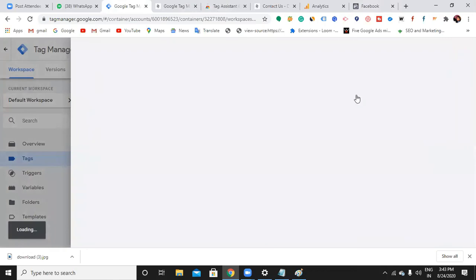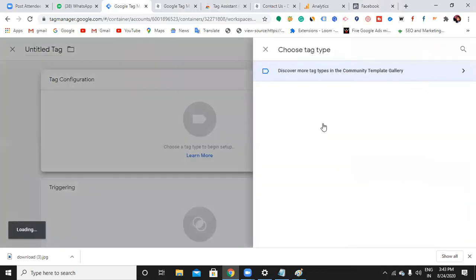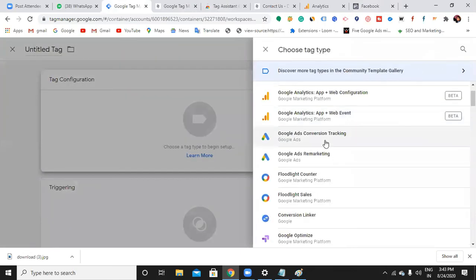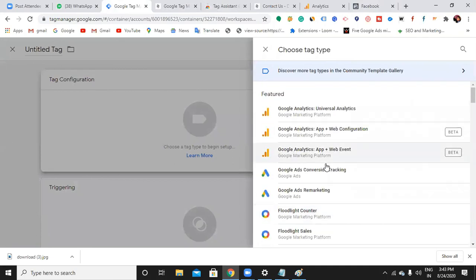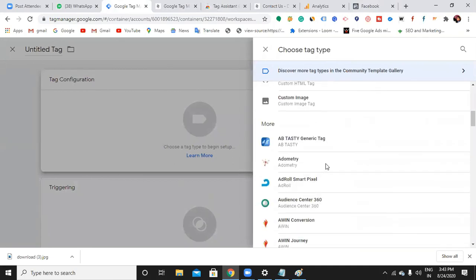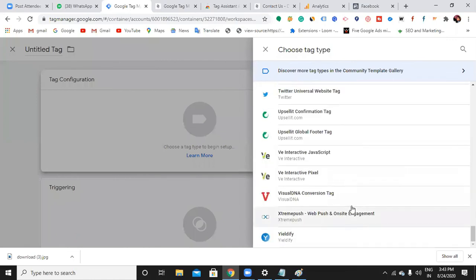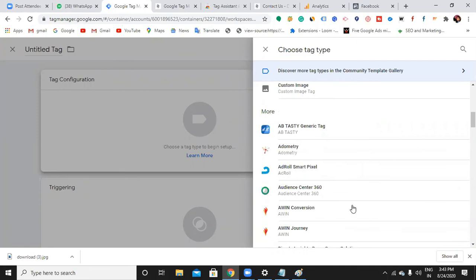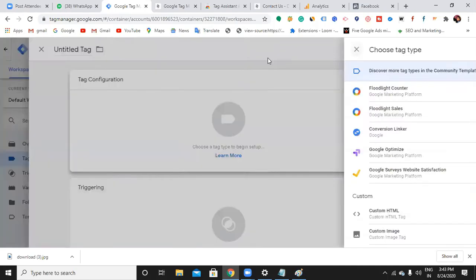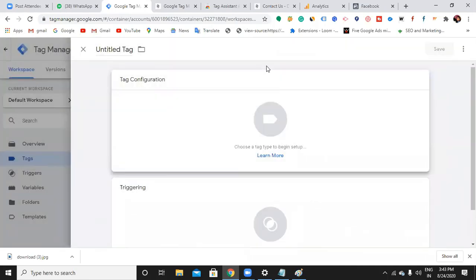So many things you can add. You can add Google Ads also, Google Ads conversion tracking. Many things. So now did you understand, guys? It is very, very simple. You just need to feel comfortable and it is very useful. So a lot of big business industries will be using this Tag Manager for tracking. That is very important, right?